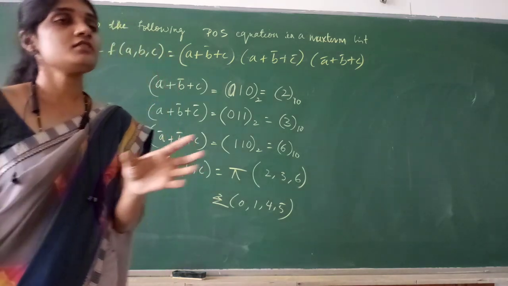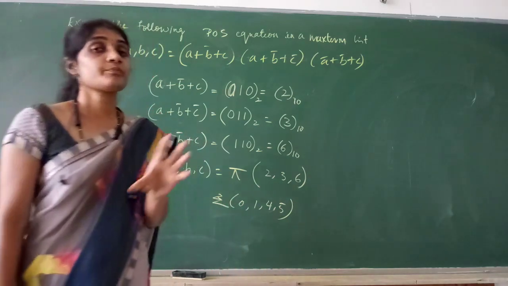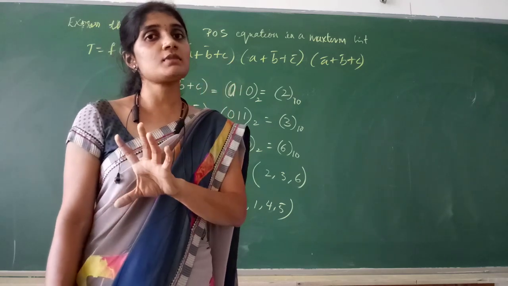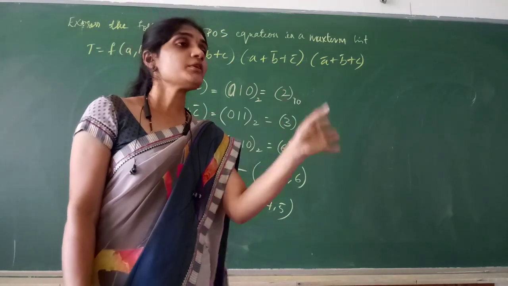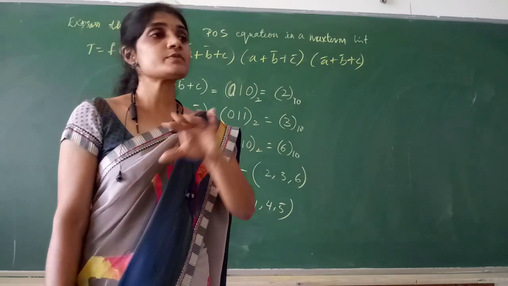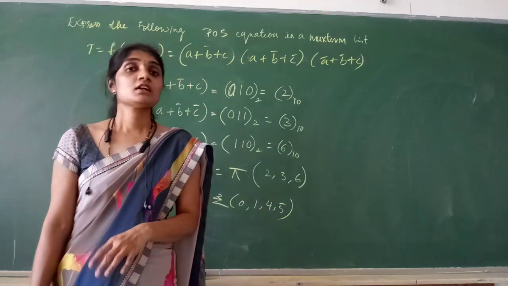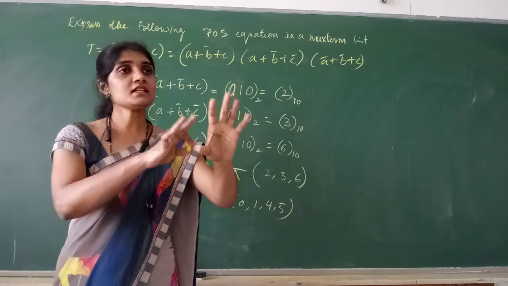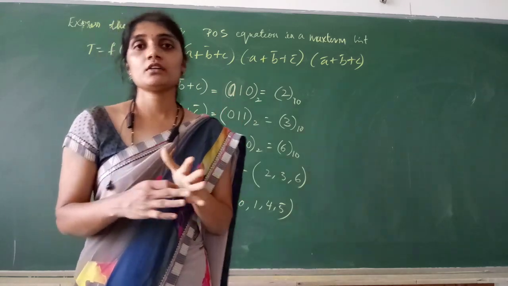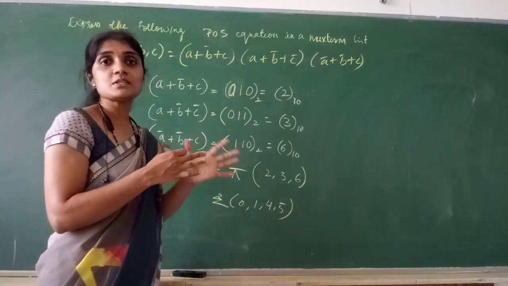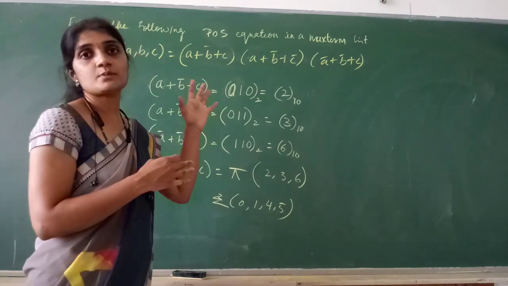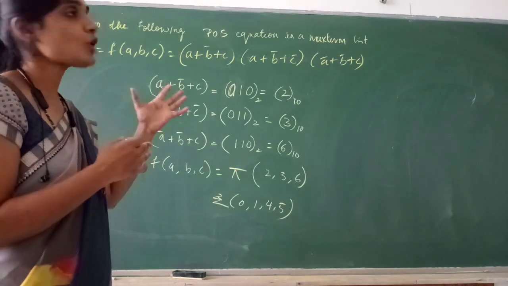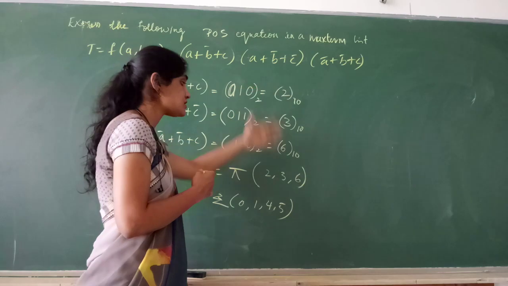When an equation is given, you have to list out the min terms and max terms. If I only give the min terms for the same problem, you have to write the equation and the max term list. If I give you a truth table, from the truth table, list out the min terms, list out the max terms, write the POS equation, write the SOP equation. If I give you an equation, you should be able to write the truth table and all. So when any one is given, the other is asked, you should be able to do it. You have to understand the POS and SOP concept properly, and only then you can solve all these problems. So this is how we list out the min terms and max terms from a POS equation. Any problem you can take, any equation you can assume, and you can list out the min terms and max terms.